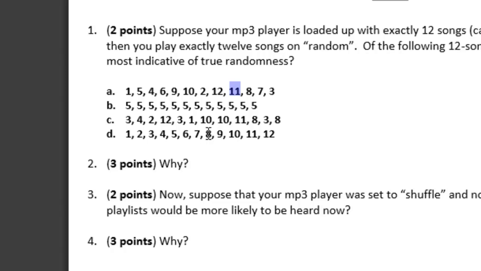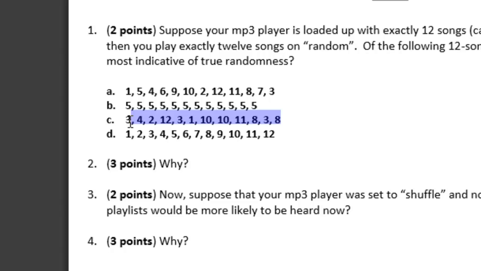That's like rolling a die 6 times and getting exactly one of each of the numbers. Highly unlikely, much more likely to have some clumping. Now, you also wouldn't expect B. You wouldn't expect to roll a die 6 times and get all 5s. You would think something was up with the die. You would expect something along the lines of C, which shows a lot of the songs being played, some of the songs being left off, and repeats of others.